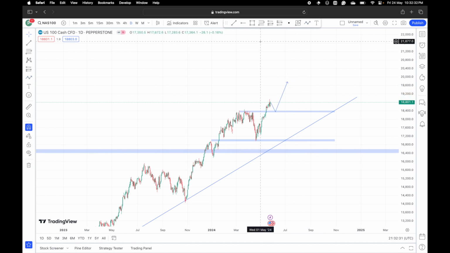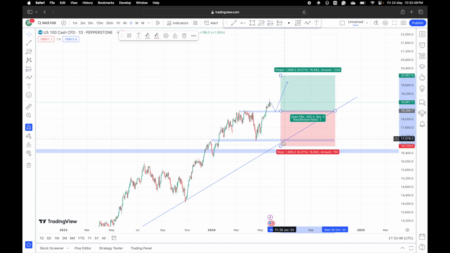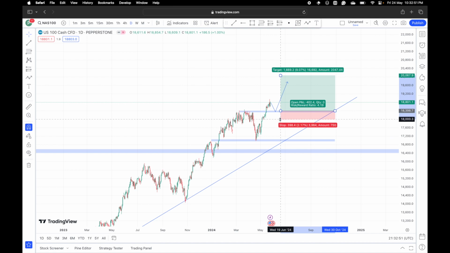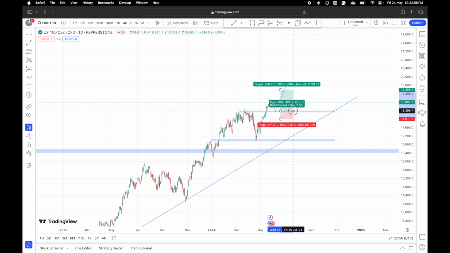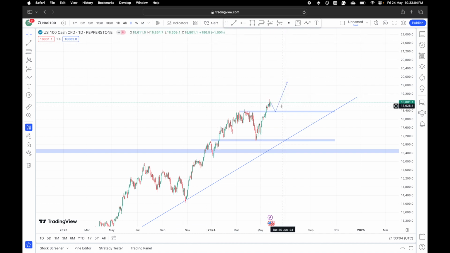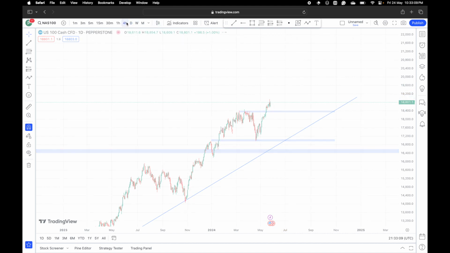But for now, market is still trading above this support. So the best thing to do is to wait for a retest, and then if market retests this zone and we see some reversal candles, we can begin to place our long orders. Maybe you have our stop loss somewhere here, and then we can target something not so much. So we can have something like this if market comes back to retest this zone and then continues up. So to further make this clear, we have to go down to the lower time frame, like the H4 and H1. So here on H4,